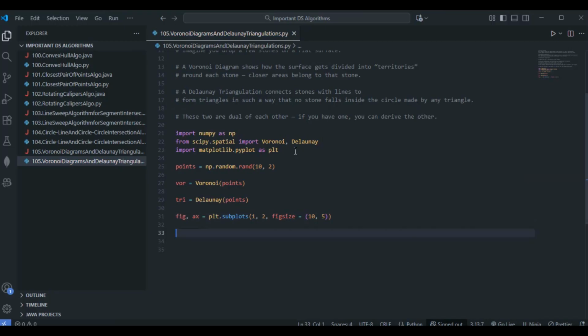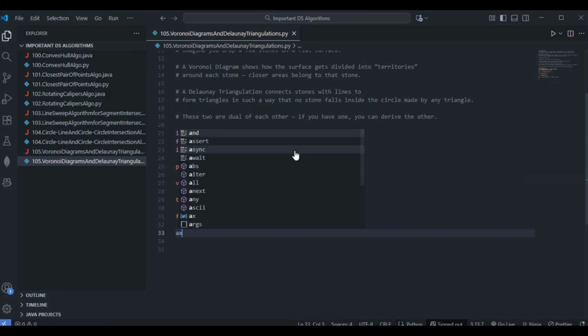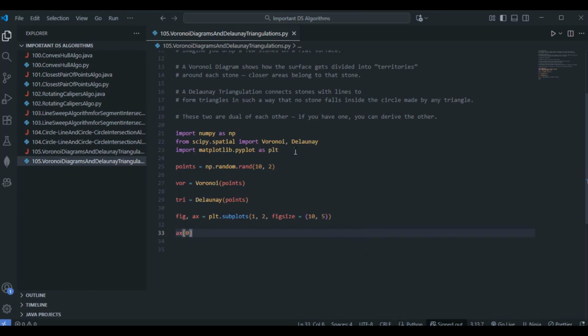Now what we have to do, we have to plot the Voronoi, right? So I'll just go with ax of 0 dot set title. Let me go with set title of Voronoi diagram, right? So this is fine. Yep, let me do one thing here, capital D. Let me go with the ax of 0 here dot plot. So this is fine. So within this, let me pass the points